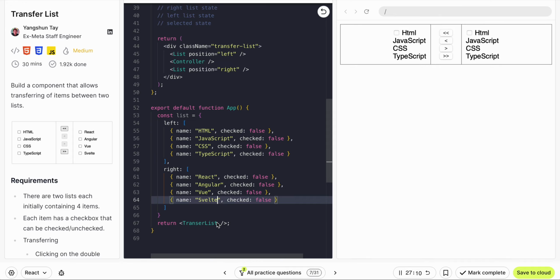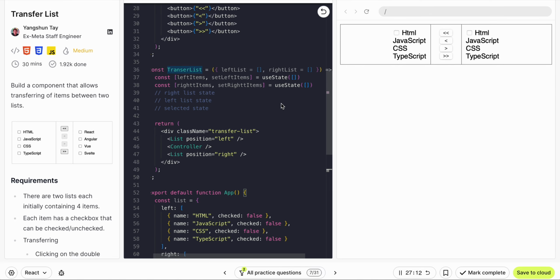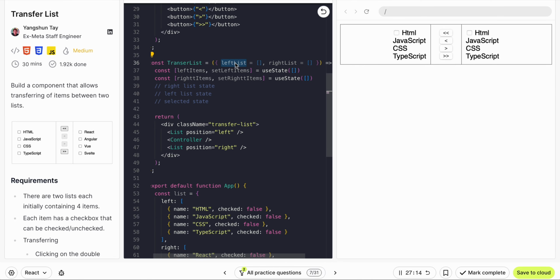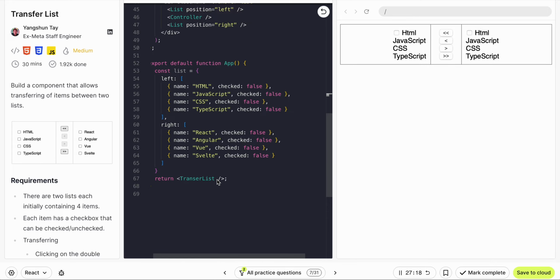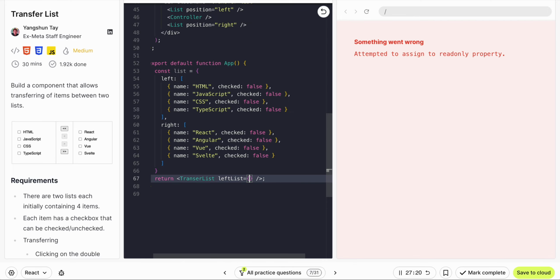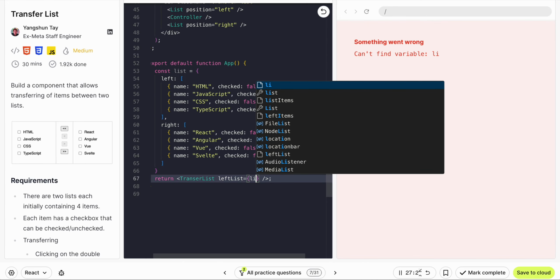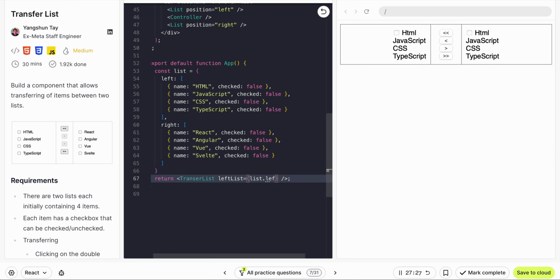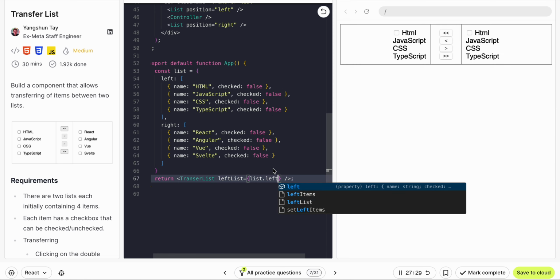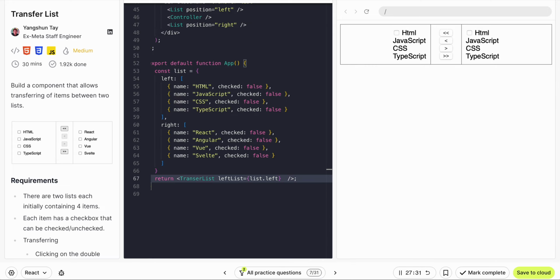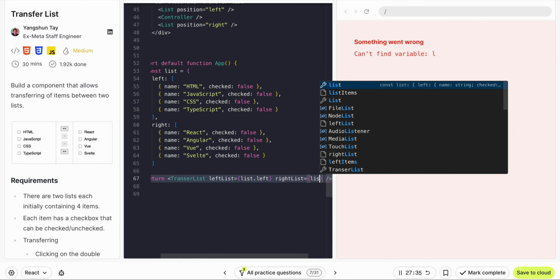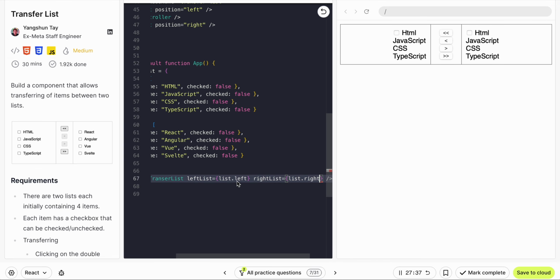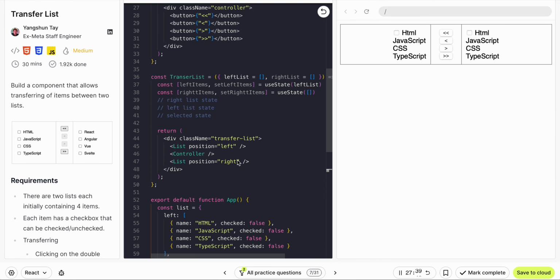Okay, so now we are passing this to our list. Left list to list dot left. So right list will be list dot right. So that's our transfer list,